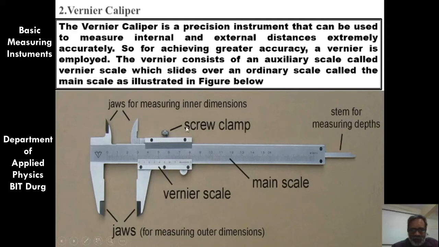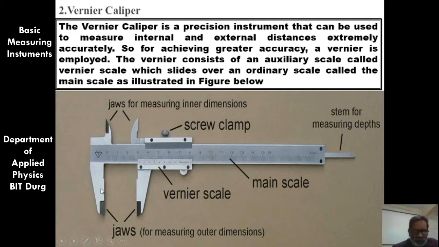In this vernier calipers, you might have seen it in the school also. This slide is showing you the parts of the vernier calipers. This is the main scale. This one calibrated in mm is the main scale. Here it is having a total length of say 15 or 20 centimeter. This scale is known as the vernier scale. This one was the main scale. This is the vernier scale.